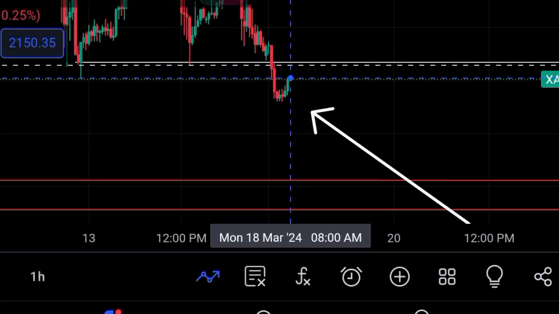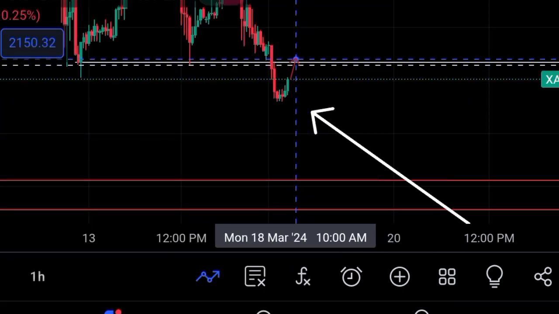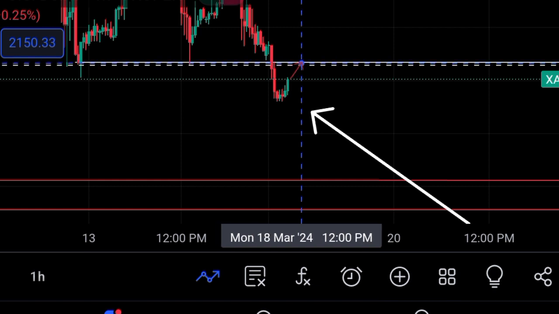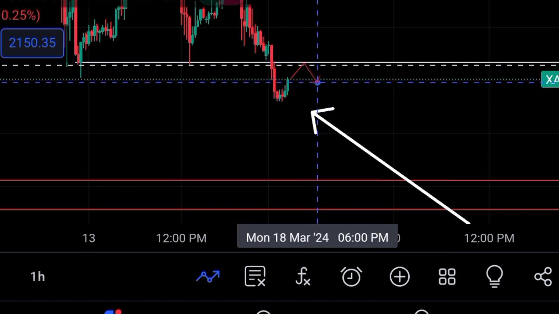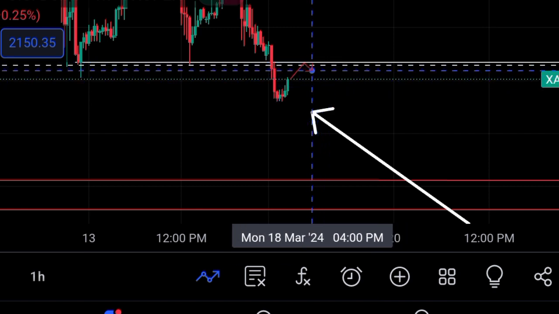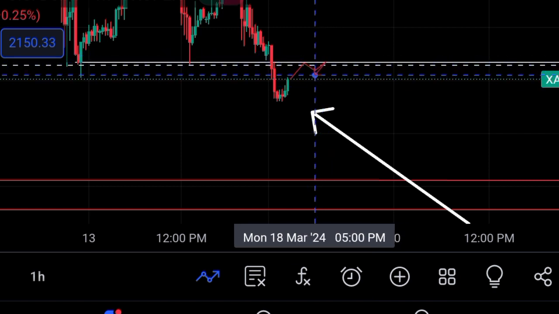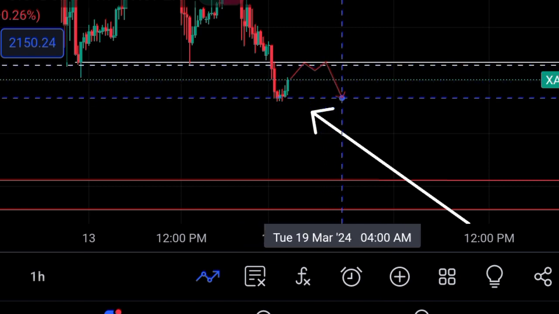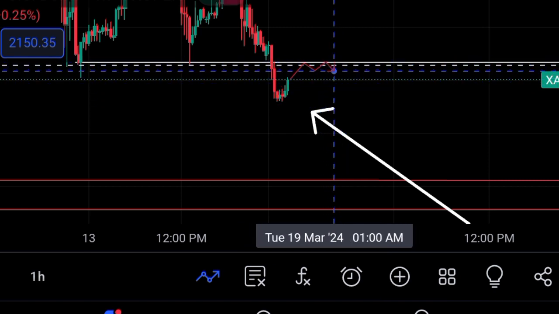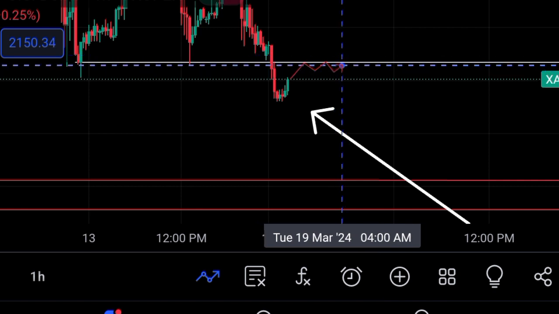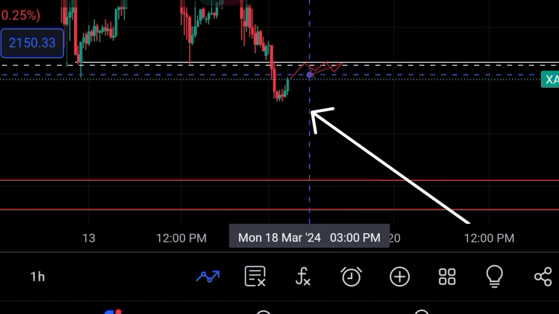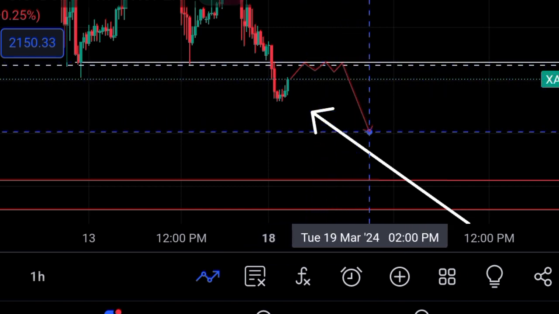So we should be expecting something like this, guys. Price is going to push up to this zone, and then a retest. We should have some sort of neckline, like I said, and then at the break of the neckline, that's where we're going to be entering, right? So the consolidation I was talking about, we can have a consolidation like this, and then at the break of this neckline, that's when we're going to be going in for a sell, right?